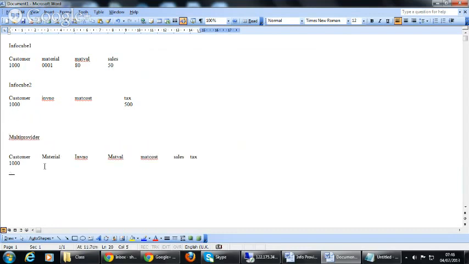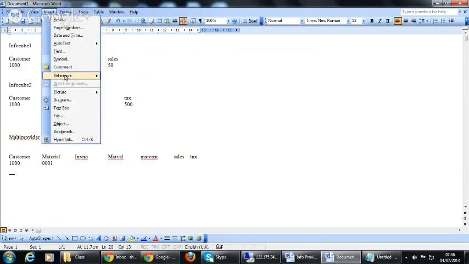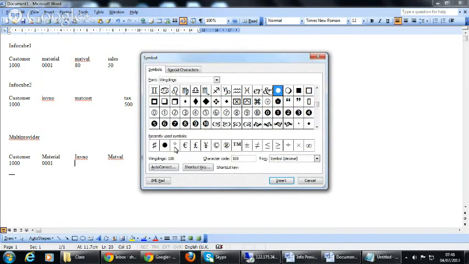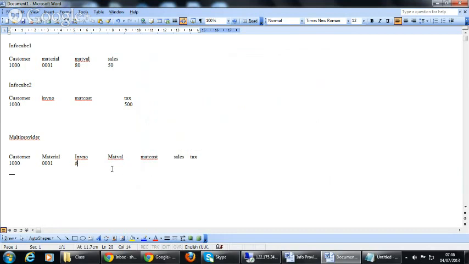In this multi-provider, for the customer 1000, you brought them into context. So you have the 001 material number. But there is the invoice number, which is a characteristic. InfoCube 2 is not passing the value for this characteristic. So for this characteristic, the multi-provider gives the value hash instead. On my keyboard, I don't have the hash symbol here for some reason, so I'm giving hash as a word. So please don't be confused.